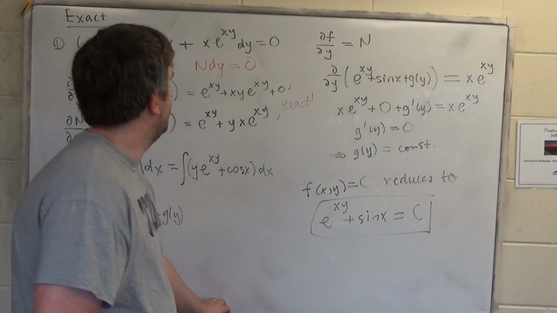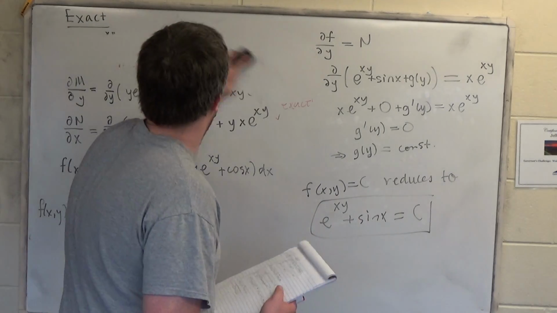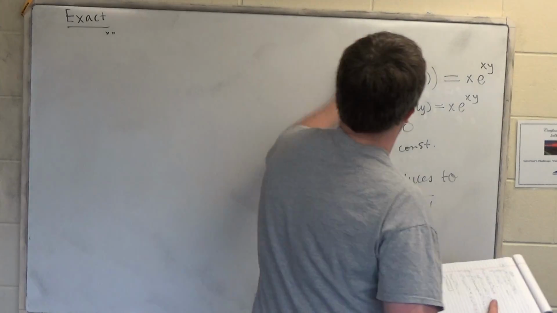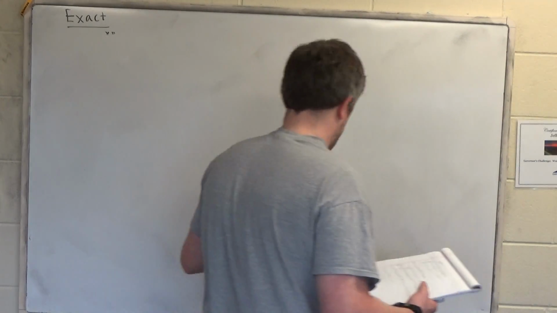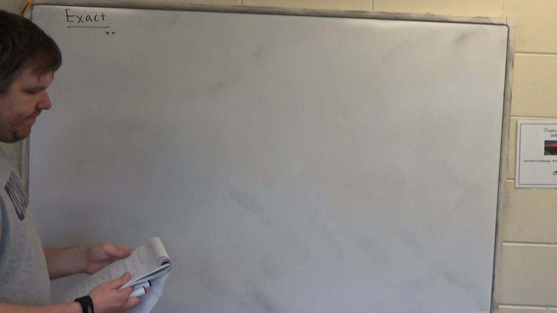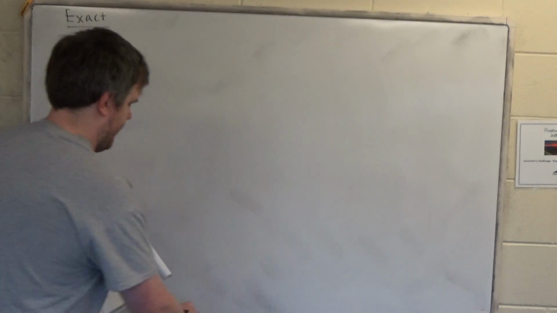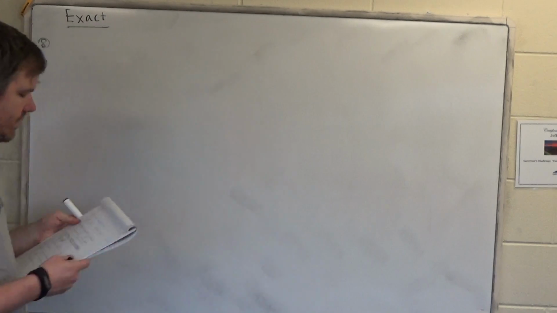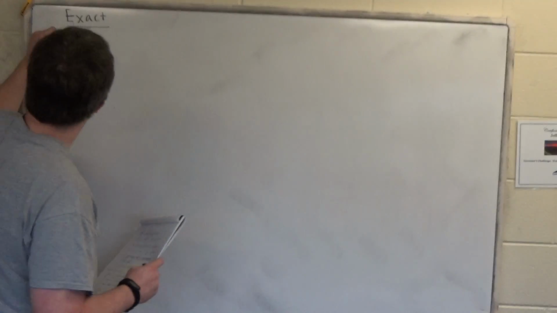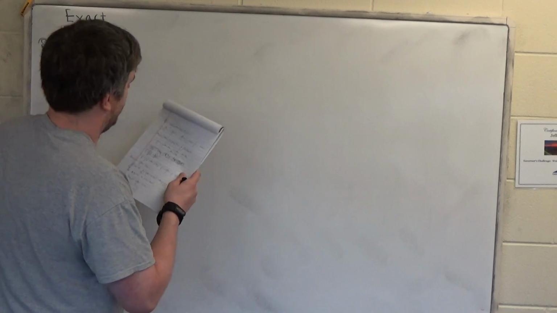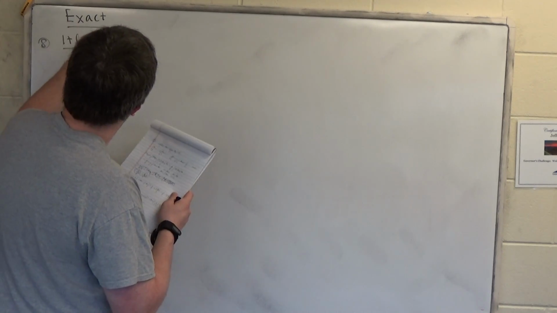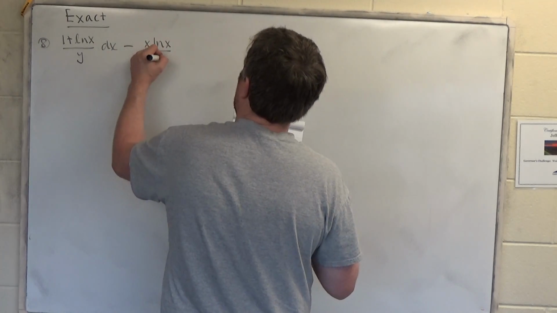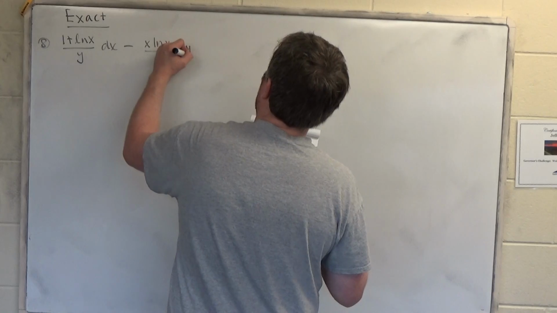Okay, let's try another one. Let's try number 8. 8 reads 1 plus natural log of x over y dx minus x log x over y squared dy equals